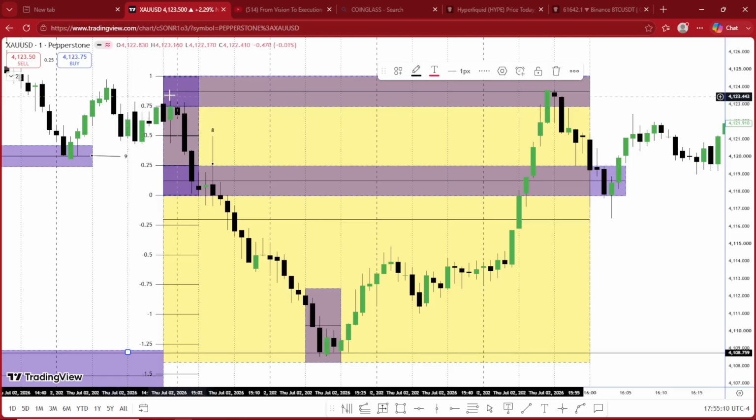Now count from this high right here. 1, 2, 3, 4, 5, 6, 7, 8. Does that look like magic? And where did it stop exactly? On the 25 region. So we're selling short at that point exactly and targeting this 75 will give you accurate